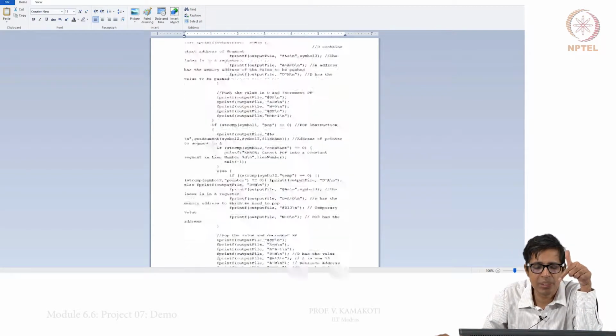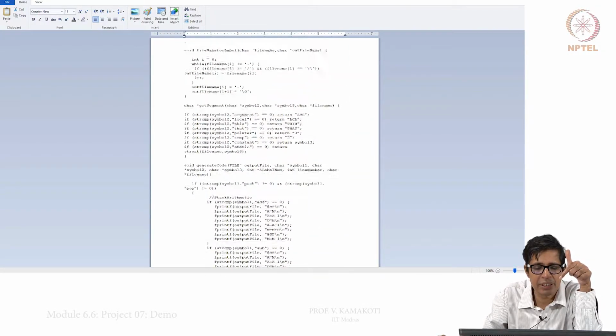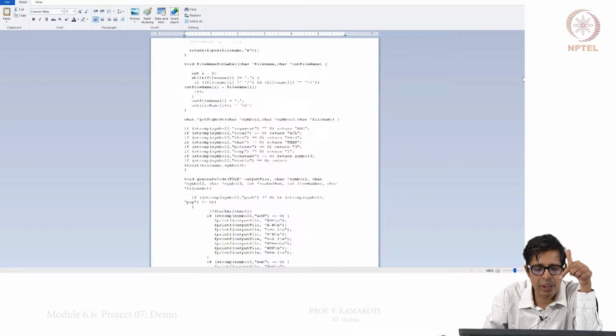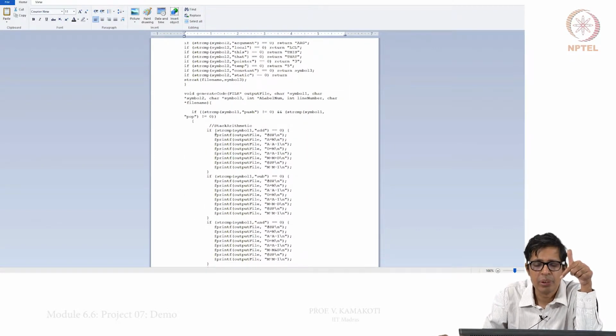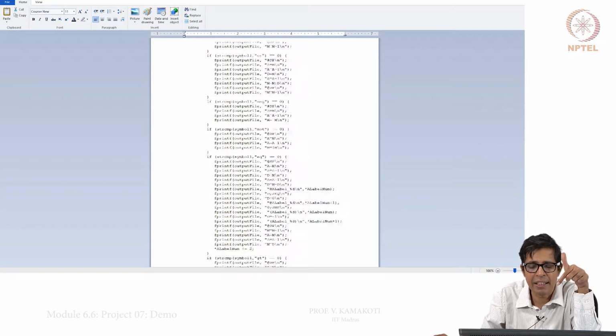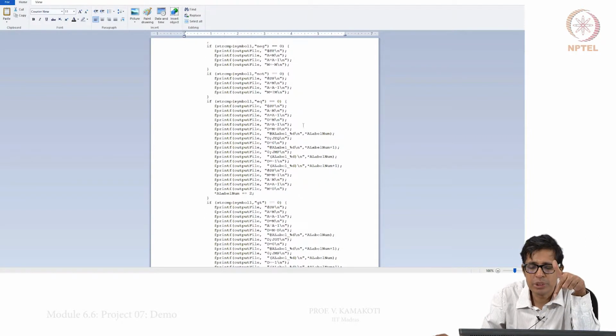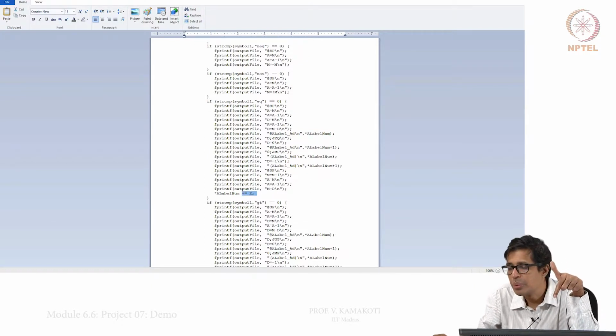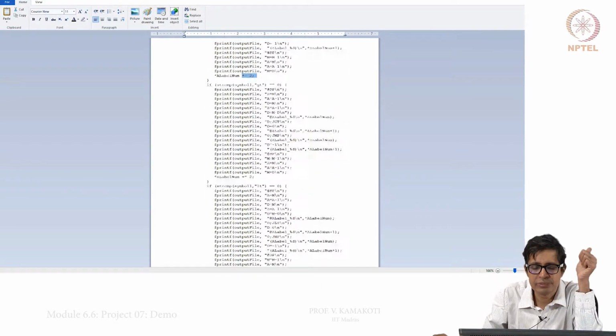Now the next thing is generate code. Generate code is a simple routine here. I take the first symbol and compare whether it is push or pop. If it is not push or pop, then it is certainly arithmetic. Then if it is add, I put the code for add. If it is subtract, I put the code for subtract. And, or, neg, not, eq. See, note I am using this A label and I am incrementing it by 2, for eq and then greater than, less than.